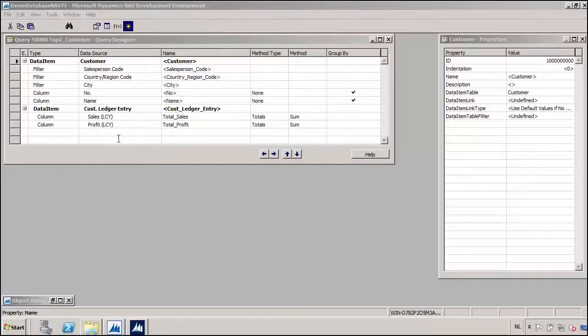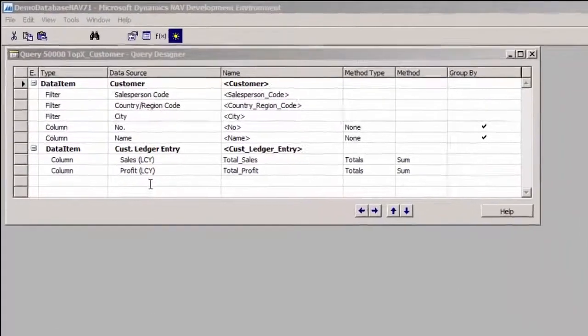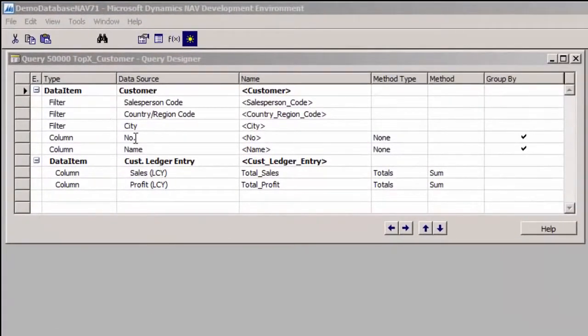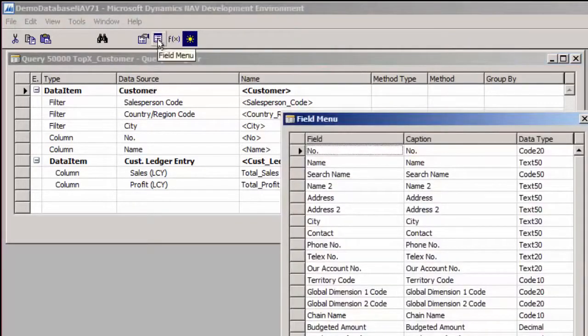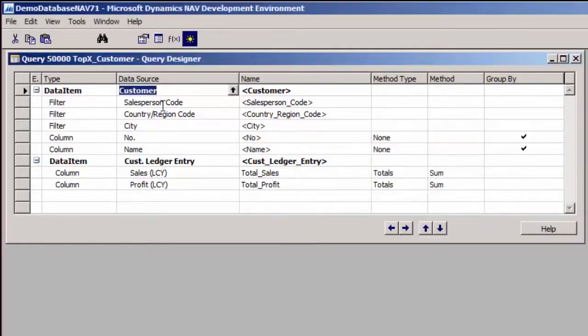So here we can see the query object that I prepared for this report, and it's a very simple query. I'm going to use the customer table as the first data item, and from the customer table, using the field menu, I have added, for example, the salesperson code, the country region code, the city, number and name of the customer. Now I only want to show the number and the name of the customer, so what I did is